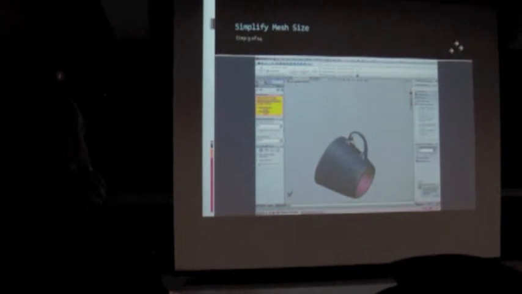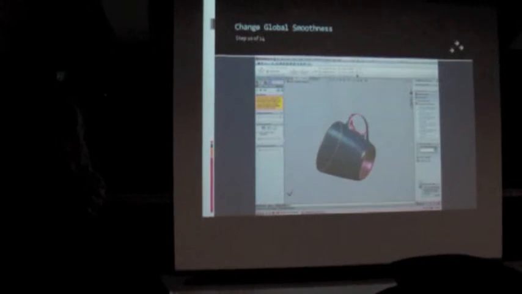Next, what I did is I simplified the mesh size. What I'm doing that for is so that I can reduce the resolution of the mesh, so it gives it more of a smooth surface. You can see here how it did change. Next, what you do is you change the global smoothness so that it averages all the contours of the object